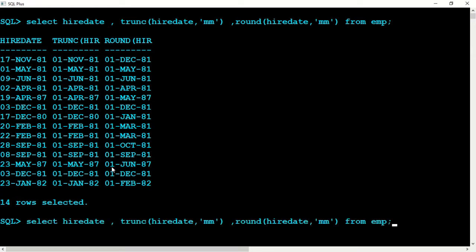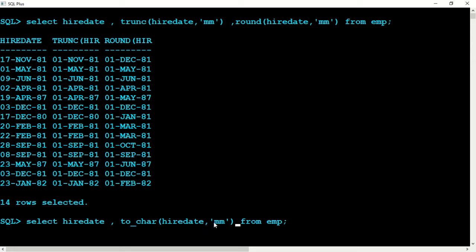Now let's understand hire date, and we'll say TO_CHAR. This is another function used to convert a date into some particular format we want. From, so we'll say TO_CHAR hire date, comma, mm.